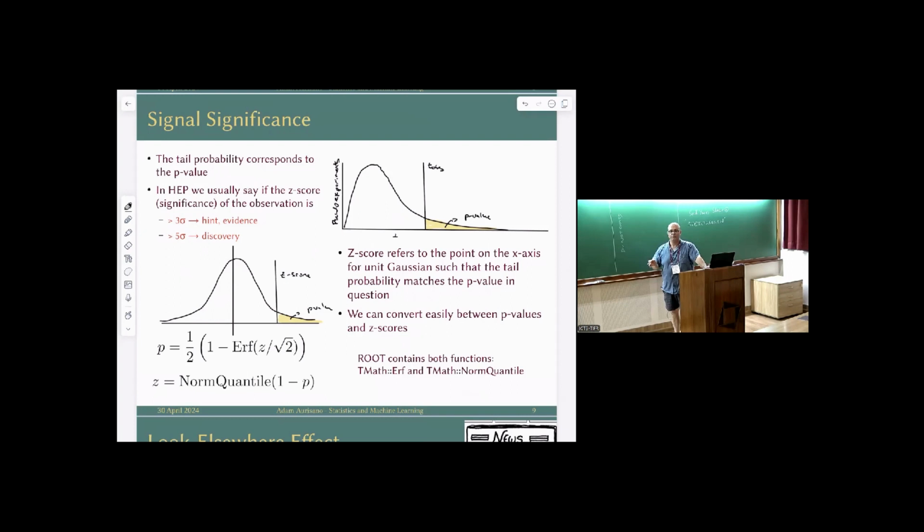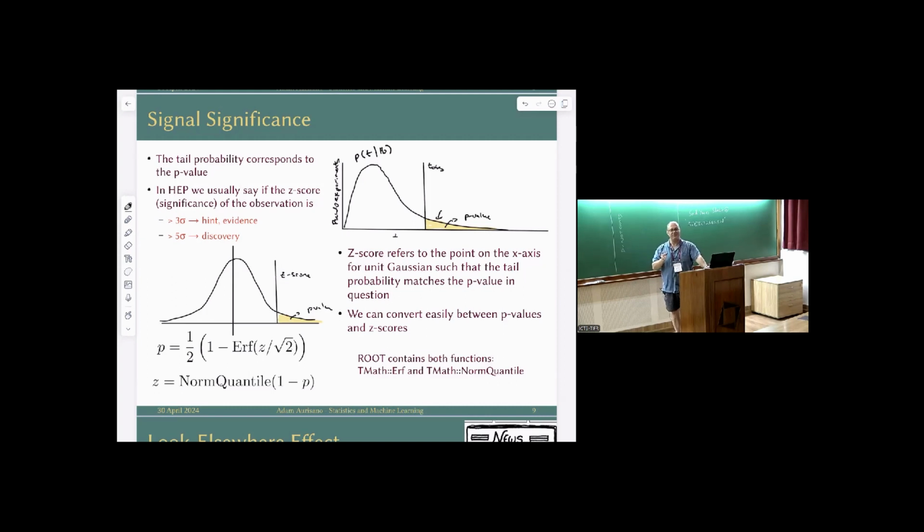So whenever you're making a claim of significance, oftentimes you'll hear people talk about how many sigma a particular significance is. This is just a conventional way that we talk about this in high-energy physics. So what we actually compute is a p-value. Like I mentioned, the p-value is the area under the curve past the point where we observed in data. So this is the distribution of the test statistic under the null hypothesis, right? The p-value,